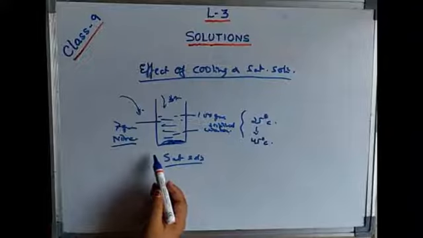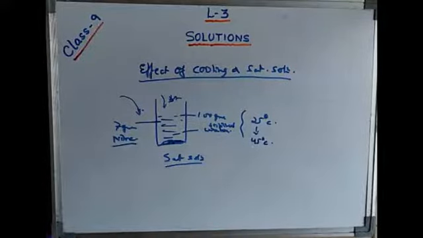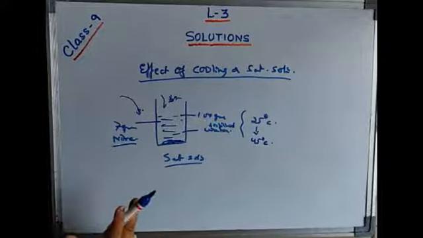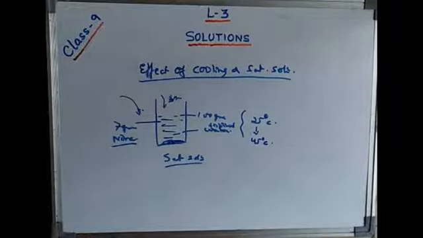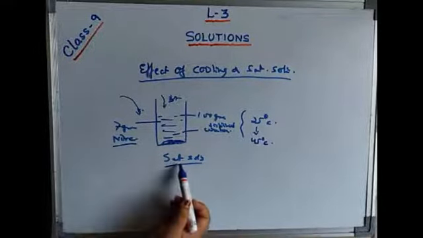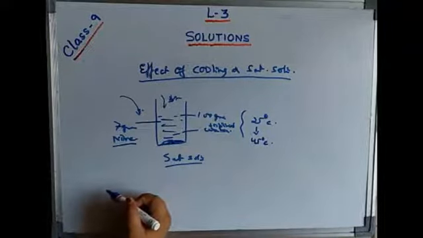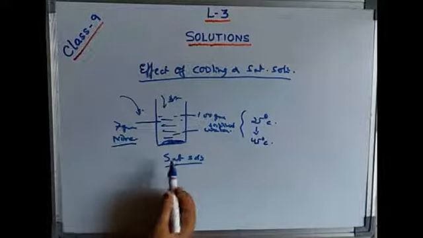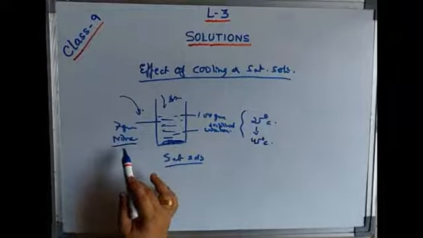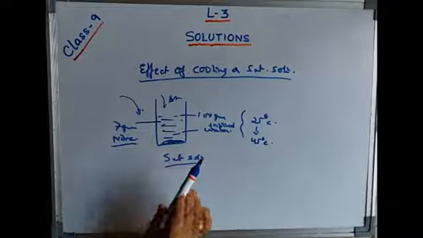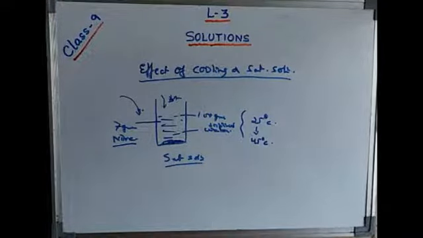Why is it getting dissolved now? Because I have changed the temperature. So temperature plays a very important role in changing saturated to unsaturated, saturated to supersaturated, or supersaturated to unsaturated. We can easily change the types of solution by increasing or decreasing the temperature. In this way, a saturated solution can be made unsaturated without affecting our solvent, only by increasing the temperature.